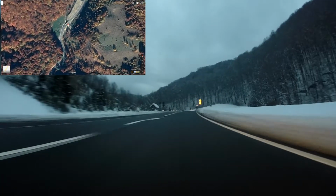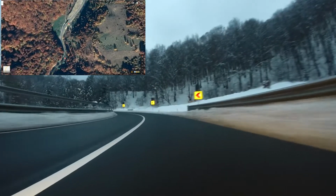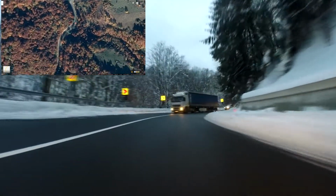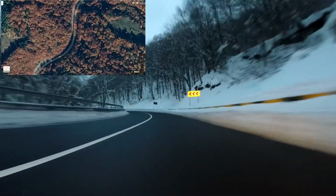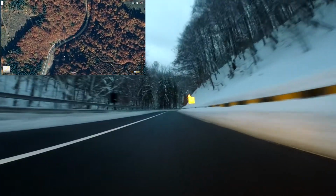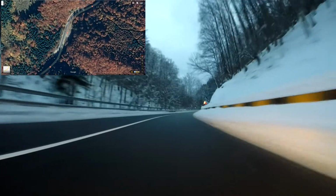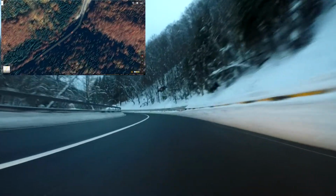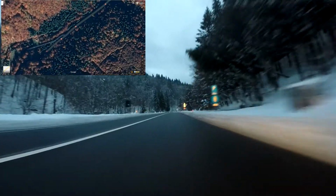And watch out, because here comes a pretty hard left turn where you need to decelerate to 60 kilometers an hour. After that comes a right hand turn where I usually downshift to third gear. From here on, 70 kilometers an hour is a safe speed. Here's going to be a right hand turn that you can take easily with 70 kilometers an hour,